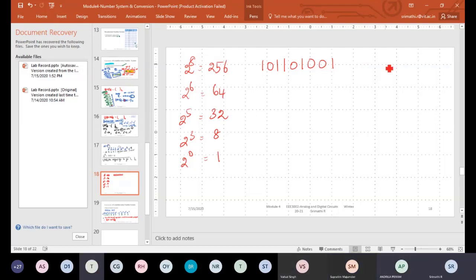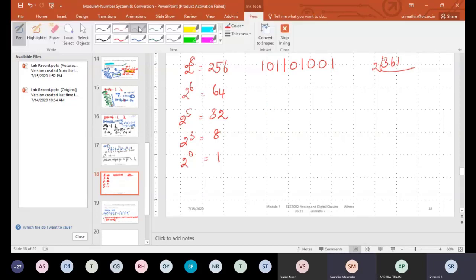Same thing you can also do by repeated division, meaning you take the number 361 and repeatedly divide it by 2 because this is a whole number, and get the answer. You can cross check later. Shall we go ahead? So now we have done decimal to binary conversion, and inversely, binary to decimal conversion. Let us take the second problem.